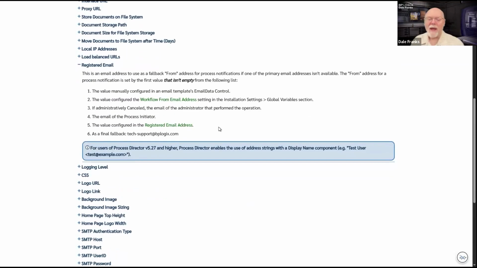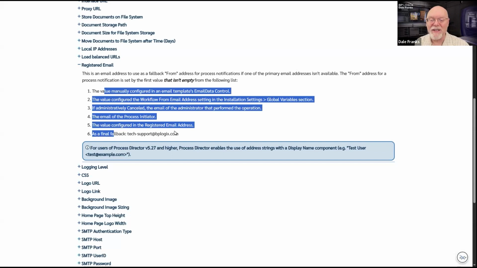So here is this hierarchy. Whenever you send out an email notification, Process Director wants to throw in a from address. So depending on how you are configuring your email notification, the from address will be chosen by Process Director as the first item from this list that isn't empty.